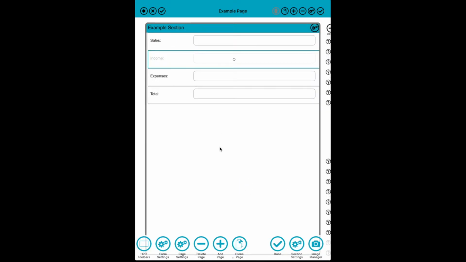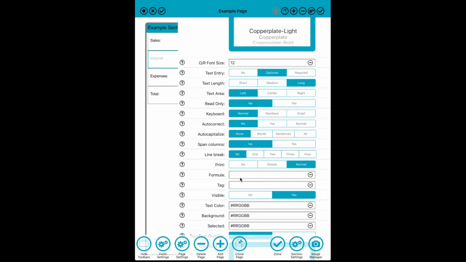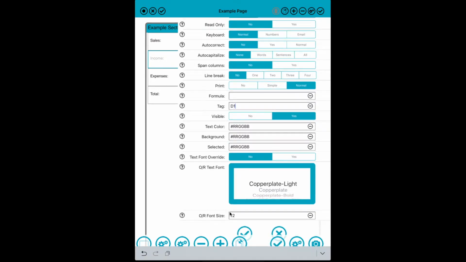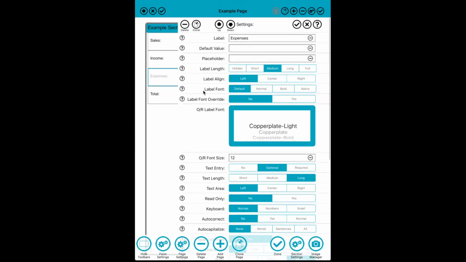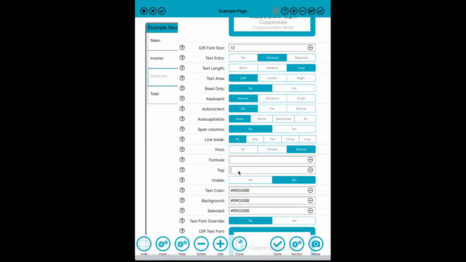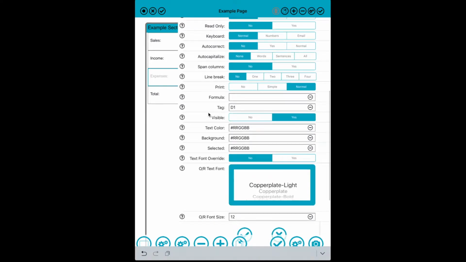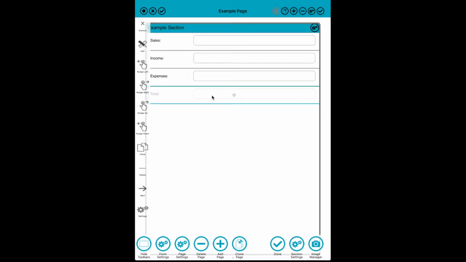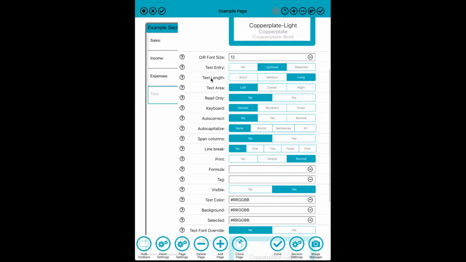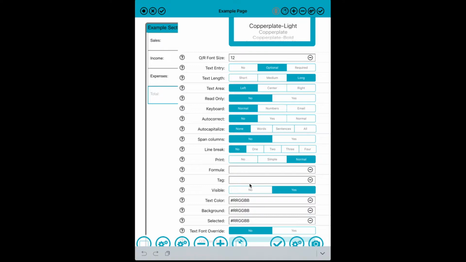So let's include income and say that's also D1, and then expenses. And that's also D1. So now when I come to my total, I can put in a formula and say equal, which is